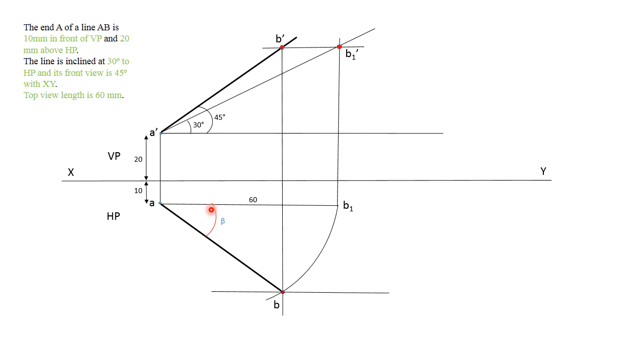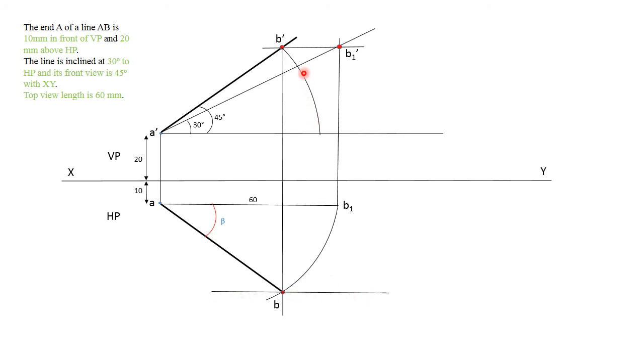And next, what we can do is we should find where exactly the true length is, right? So in order to find it, through the point B you draw a line that is parallel to XY, and your point which is B2 will be somewhere along this line. So you connect that point with A, you will get the actual inclination, the true inclination with respect to the vertical plane. So how do we find this point which will be along this line?